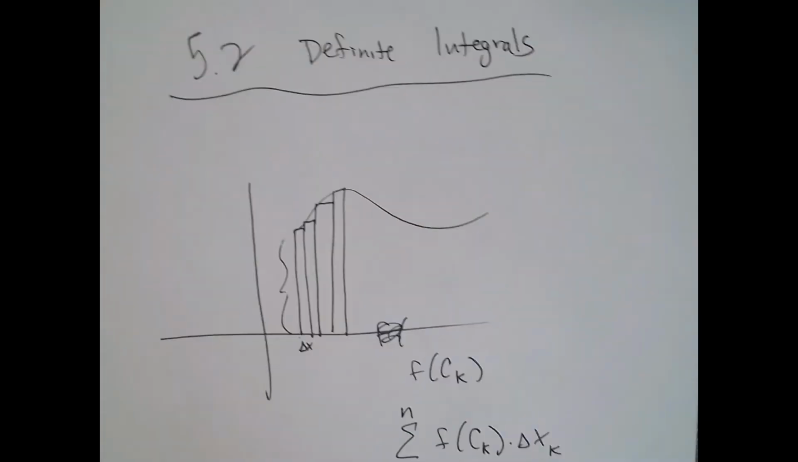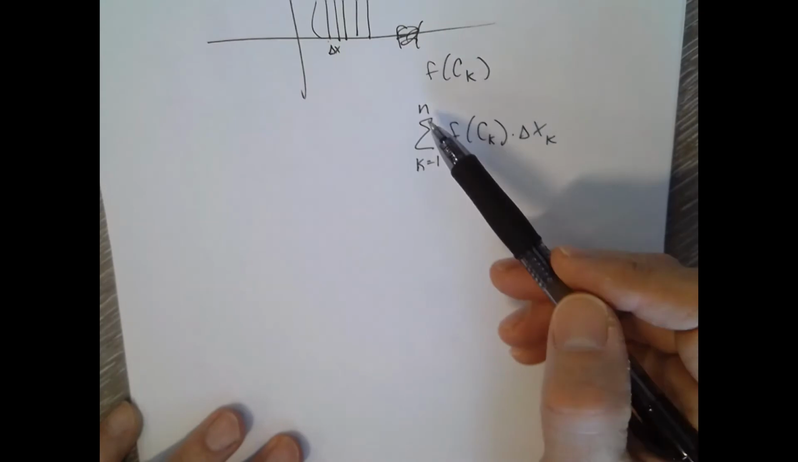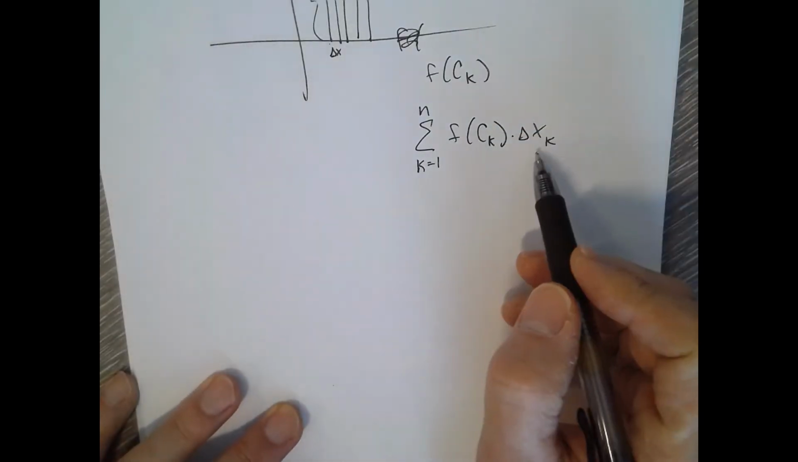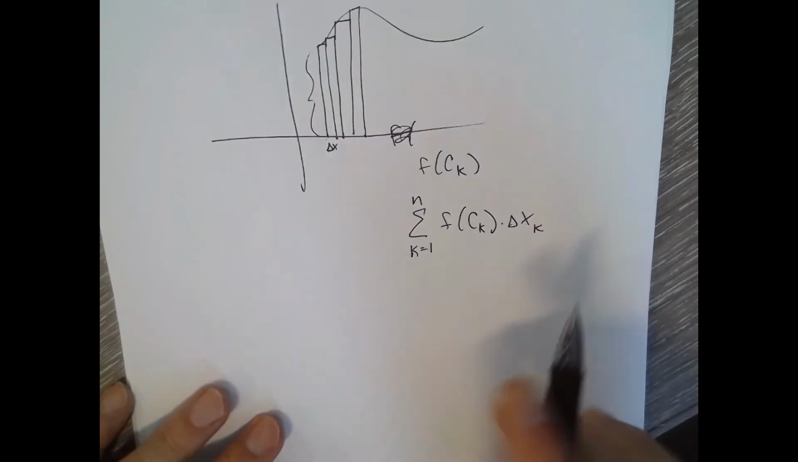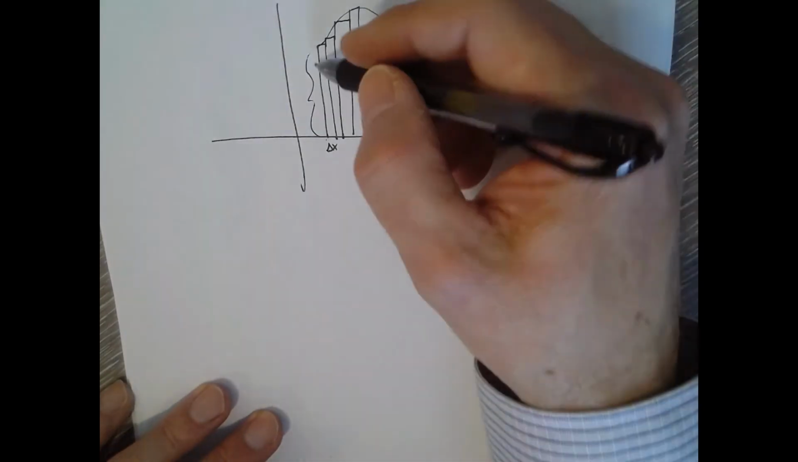Okay, so that would be how many subintervals you have. Like you could make 10, you could make 20, and so on. It's got the height of every rectangle, and it's got the width of every rectangle. Okay, and if we add all of the rectangle areas up, we would have the area between, say, from